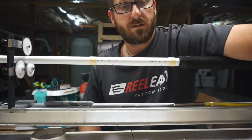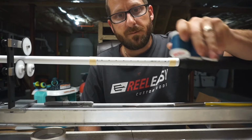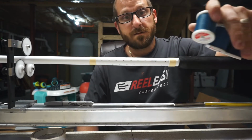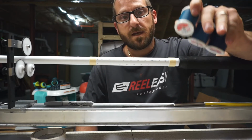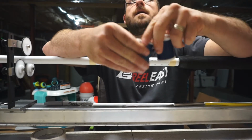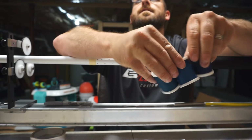Okay, so this is going to be a little bit different than what you're going to be doing with like a single color and a black fill-in or any other color fill-in. I'm going to do a fade wrap. I don't want you to focus on the fade wrap. I just want you to focus on the technique of doing the scale or tail wrap. I'm going to be using these 3 colors, okay, to do a fade. You can't see the difference on the camera,